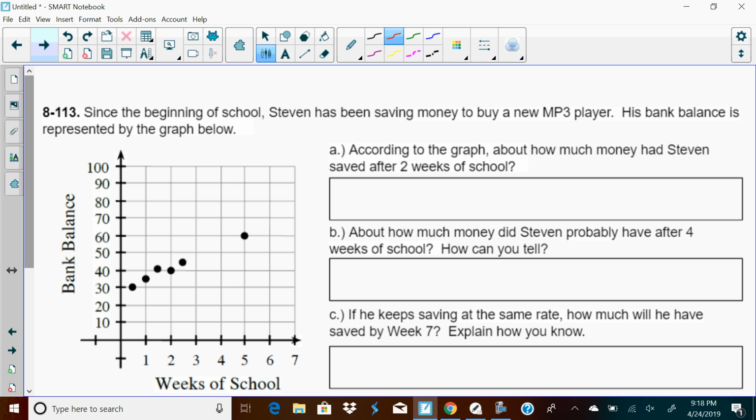Problem 113. Since the beginning of school, Steve has been trying to save money to buy a new MP3 player. His bank balance is represented by the graph below. Using the graph, about how much money had Steve saved after 2 weeks? So 2 weeks is right here, so the answer is $40. B,